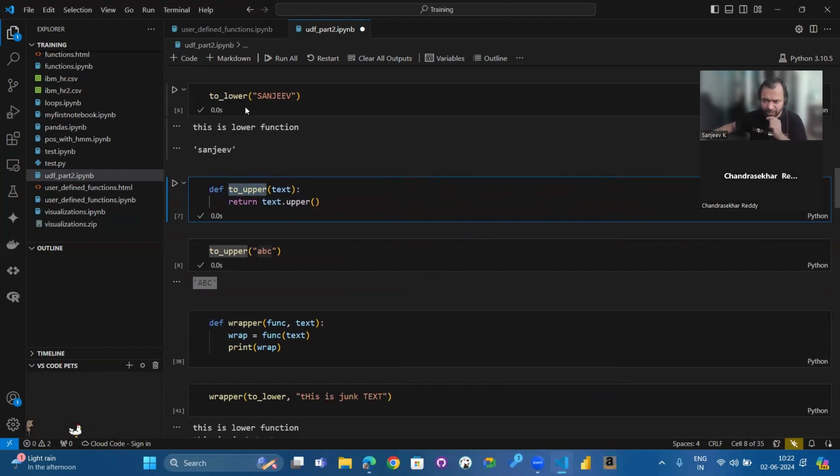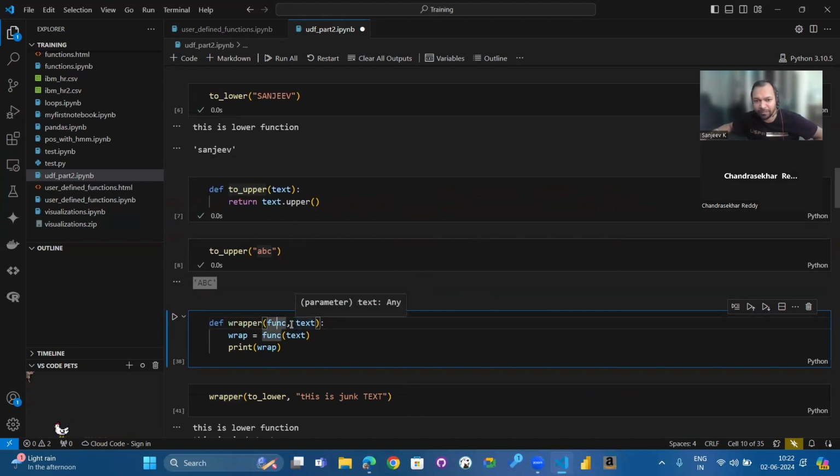How do you do that? I have a function called wrapper. In this wrapper, my first argument is a function, and the second argument is the argument which you're going to send to this function.